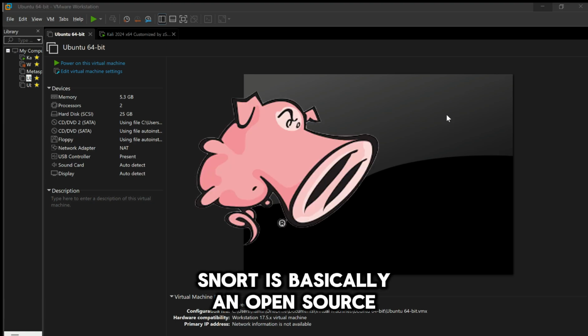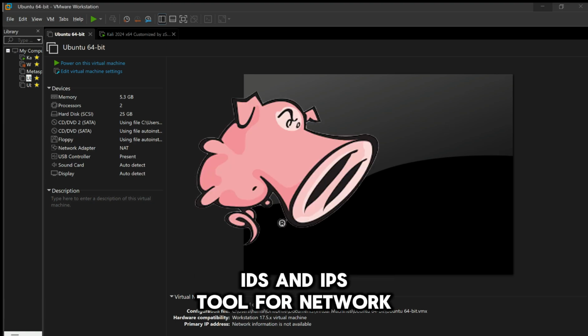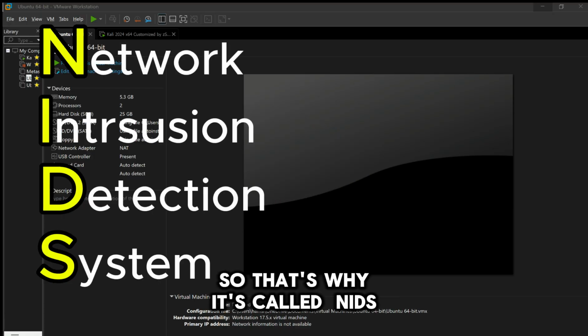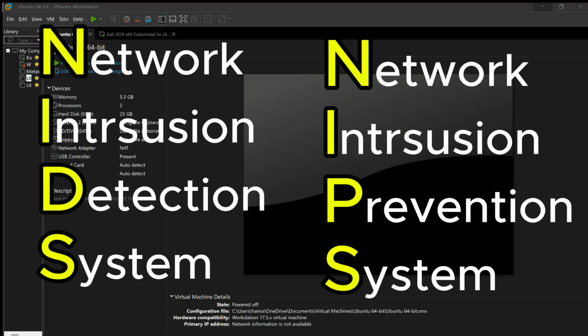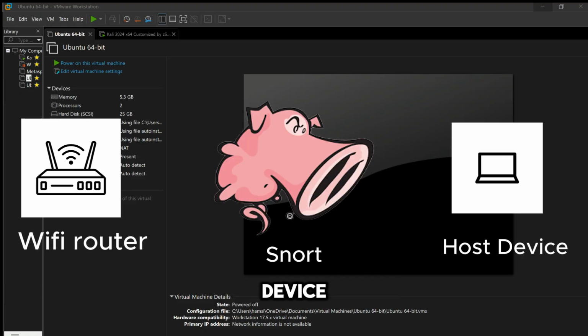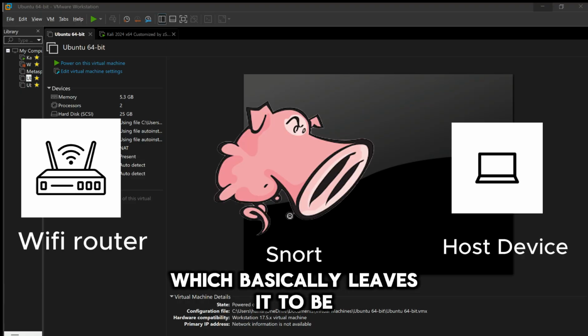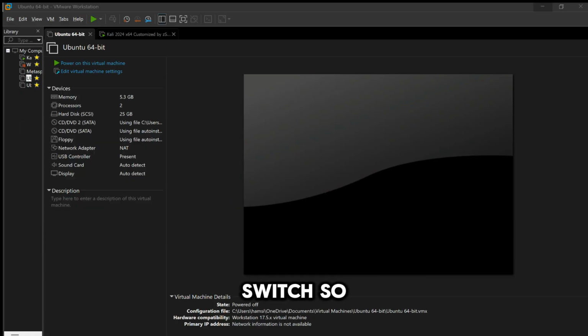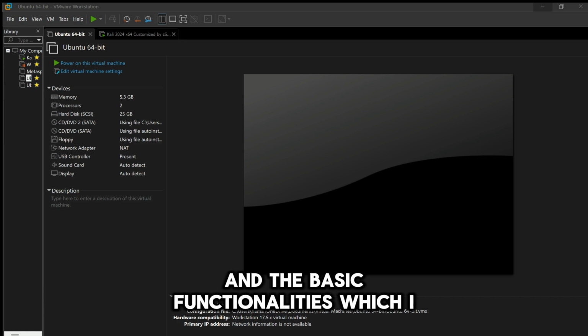Snort is basically an open source IDS and IPS tool for network related stuff. So that's why it's called an NIDS and NIPS. It's usually a tool that's placed between the router and device, so like between the internet and the device, which basically leaves it to be implemented on the firewall or on the switch. So yeah, Snort can do various stuff. It is very complex, so I'm just gonna scratch the surface with what Snort can do and the basic functionalities,